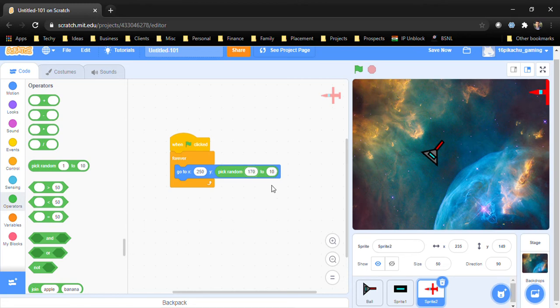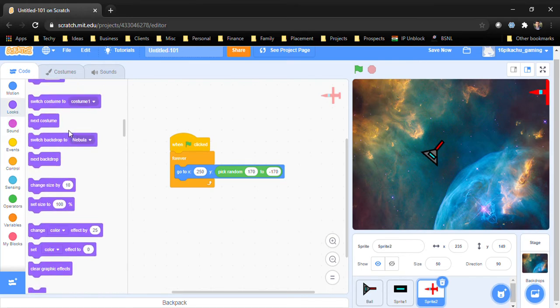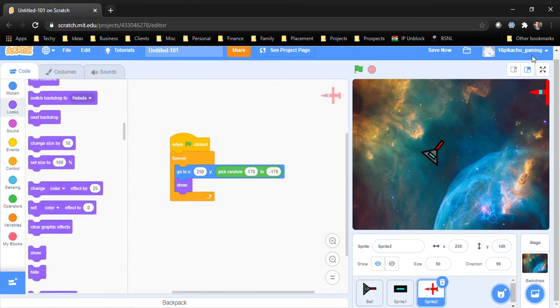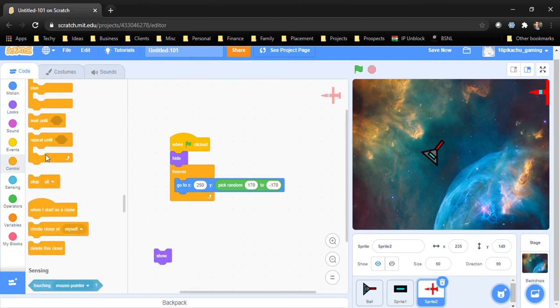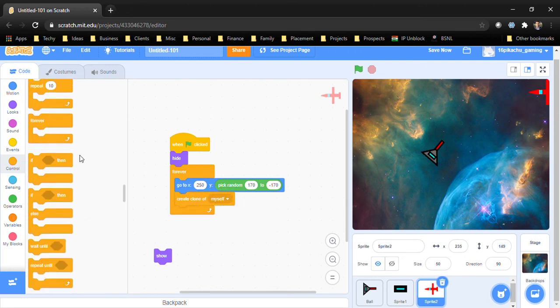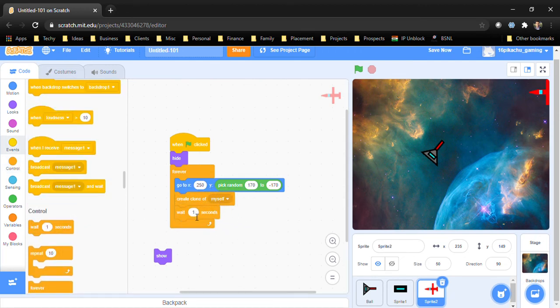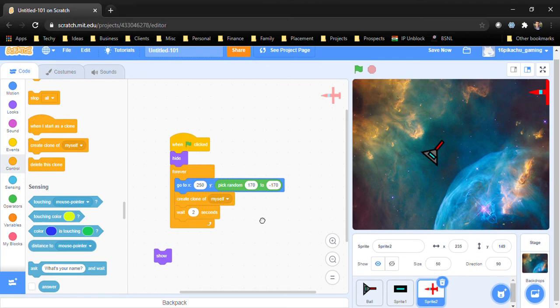170 to -170. Then show. So when flag is clicked, we will say hide, show here, no, not show here, create clone of myself and then wait 2 seconds. So now when I start as a clone,